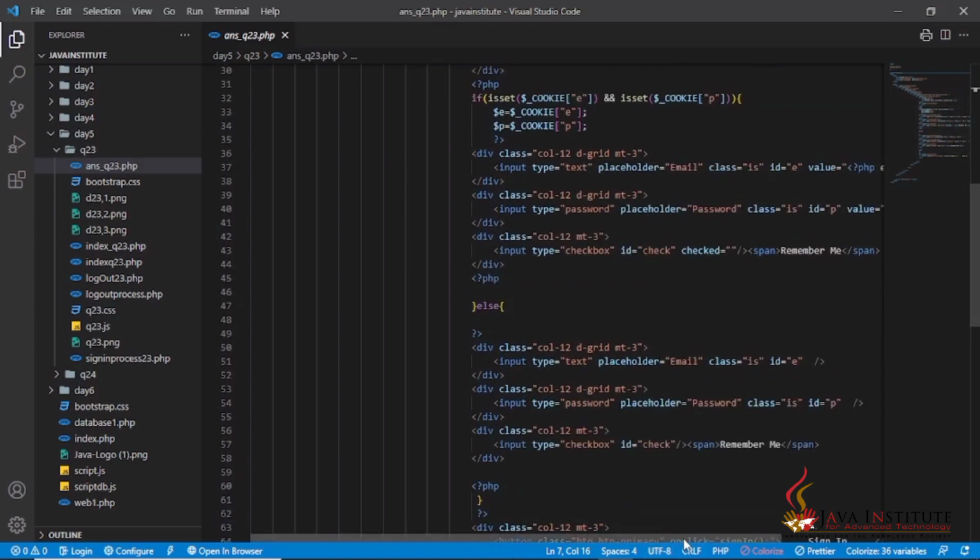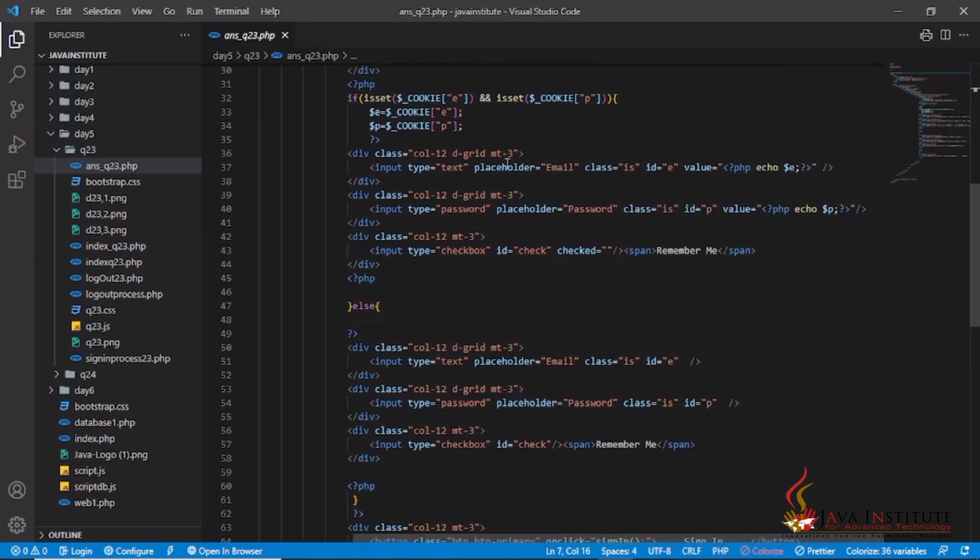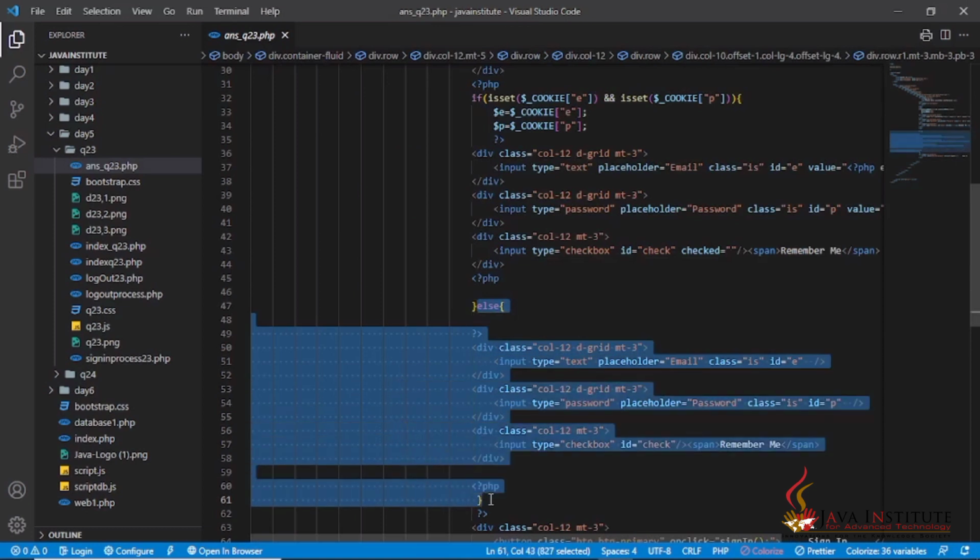If a cookie is set for the E and P, I have echoed those two variables for these values of these input fields, and I have checked the remember me checkbox if they are set, and if not, that means for the else function, this is how I have created.